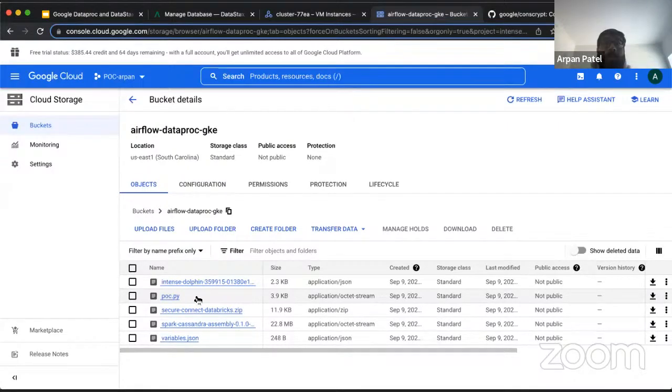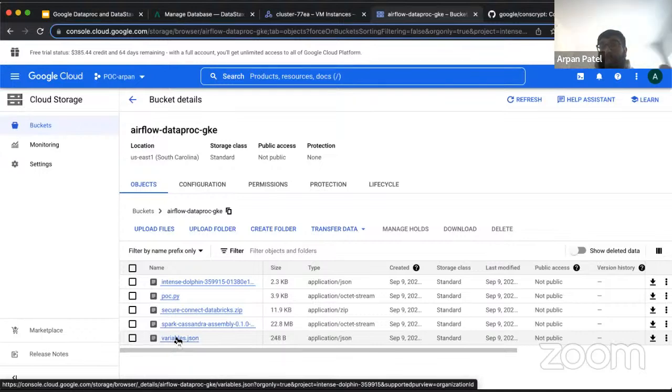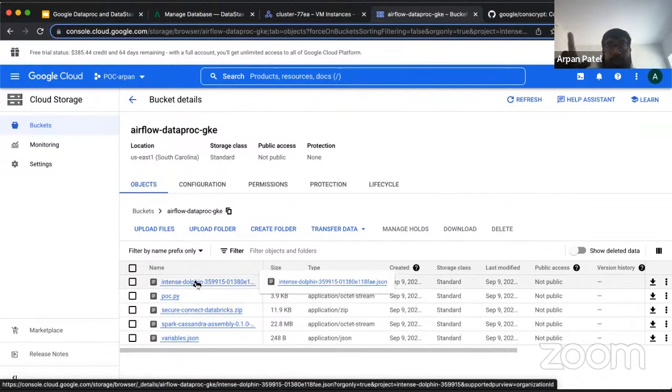But for the most part, we're able to have a DAG that runs the same exact cluster creation, submits the same exact job with the same exact arguments. But again, instead of putting the arguments in manually, we can fill them in using this variables JSON. And then the one difference that we'll have in order to talk to GCP in general is we have this service account, and within the service account, we have a key. So one of the things you'll actually need to run the Airflow code is a service account and a service key. And we'll talk about that on Monday, but essentially it's the way that you authenticate the